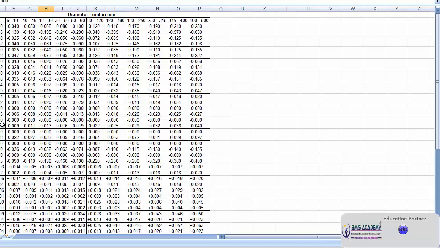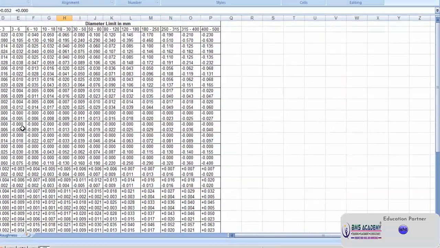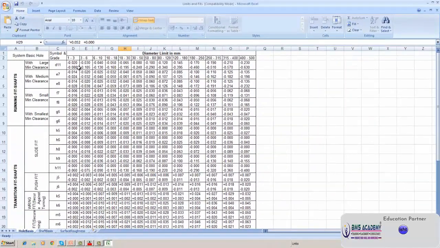Of course, these things are not relevant to the AutoCAD drawing, but I just give you a brief background. This is how the limits and fits table looks. See, tolerance limit in millimeter. This is the diameter, 1 to 3 mm diameter for bore or a shaft, 16 mm, like that, 400 to 500. This is mentioned in the ISO standard, and these tolerance symbols are D11, E7, E8, F7, like that various,